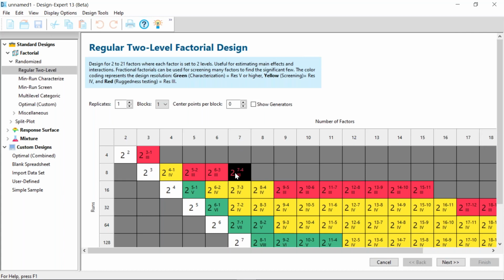But we're going to go into this red zone that you normally wouldn't do for screening or characterization. Remember that the screening designs are yellow coded and the characterization designs are green. Those are designs that resolve main effects and two-factor interactions. The screening resolves the main effects. The ruggedness tests are not good for screening or characterization, but they work really well for just a go, no-go